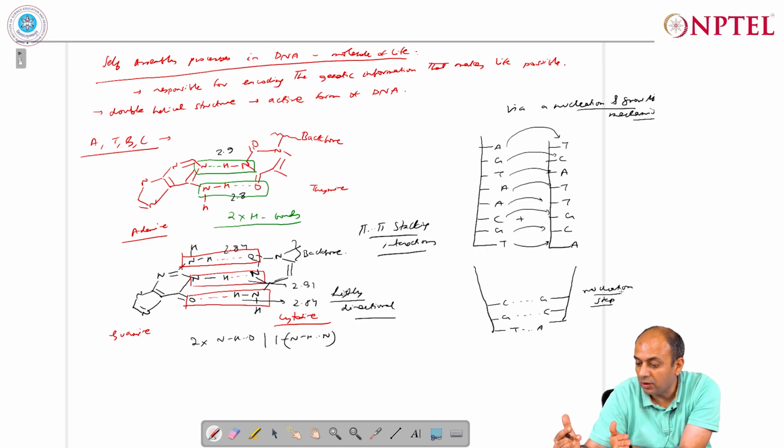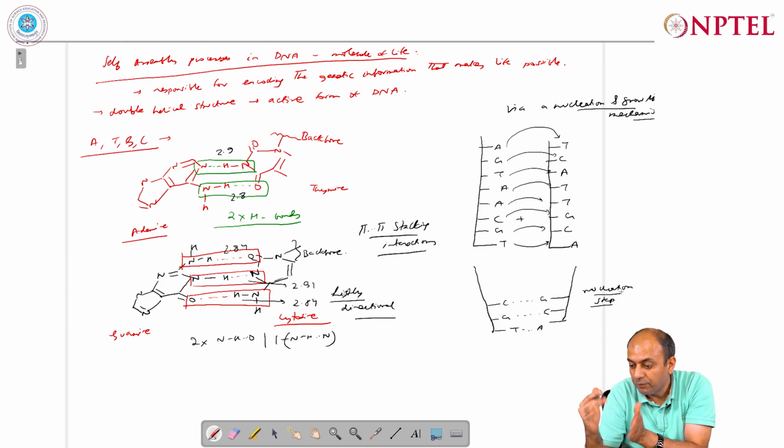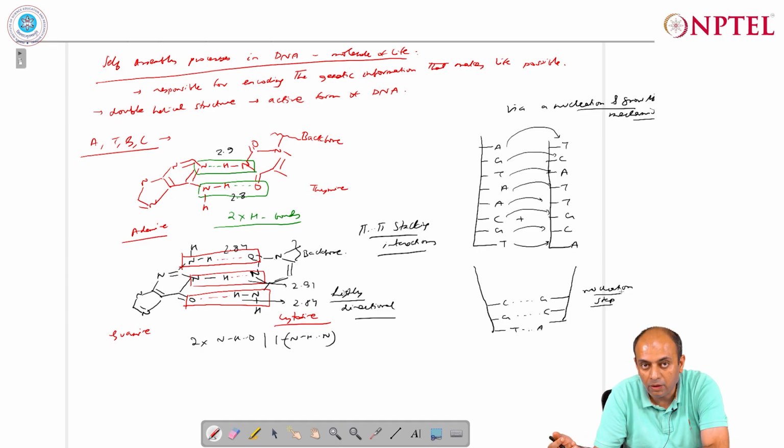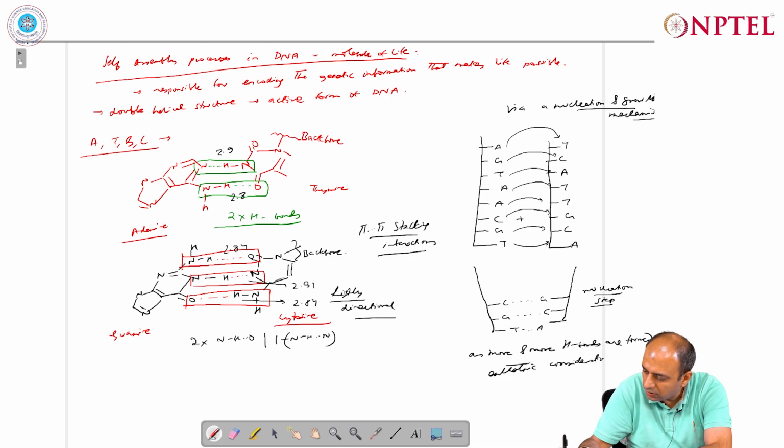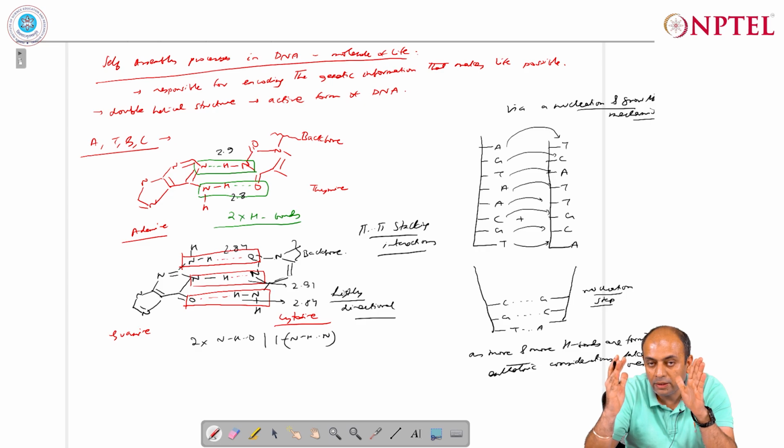So now you are creating the necessary ordering, because the two single strands, which were quite conformationally flexible, now need to come into a particular orientation, and that decreases the entropy of the system. So initially there is an entropy loss associated with the process, but as the process of growth now takes place, as more and more hydrogen bonds are formed, enthalpic considerations take over. And the entropic penalty reduces,